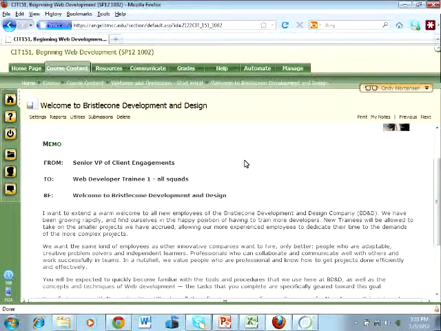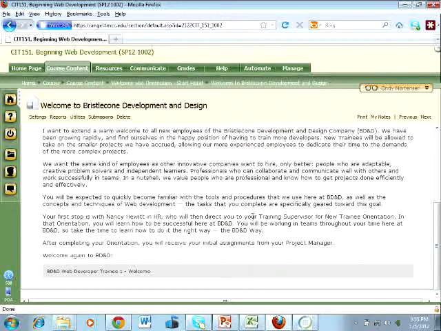So we have this memo form, and you're going to see this on everything that deals with the tasks. This particular one welcomes them in, and tells them that their project manager will go next. Initial assignments will be from the project manager. So I'm the training supervisor while they're inside their training. And let me back up here.